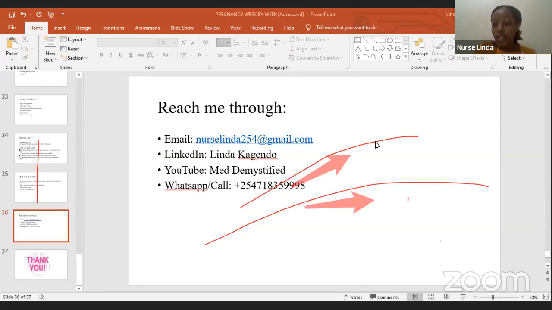So we may not be able to visualize the cervix and do the test that is known as VIA. But you need to have your cervix always screened once every year. Have VIA done, or if you're able to do a pap smear, you can go and have it done.